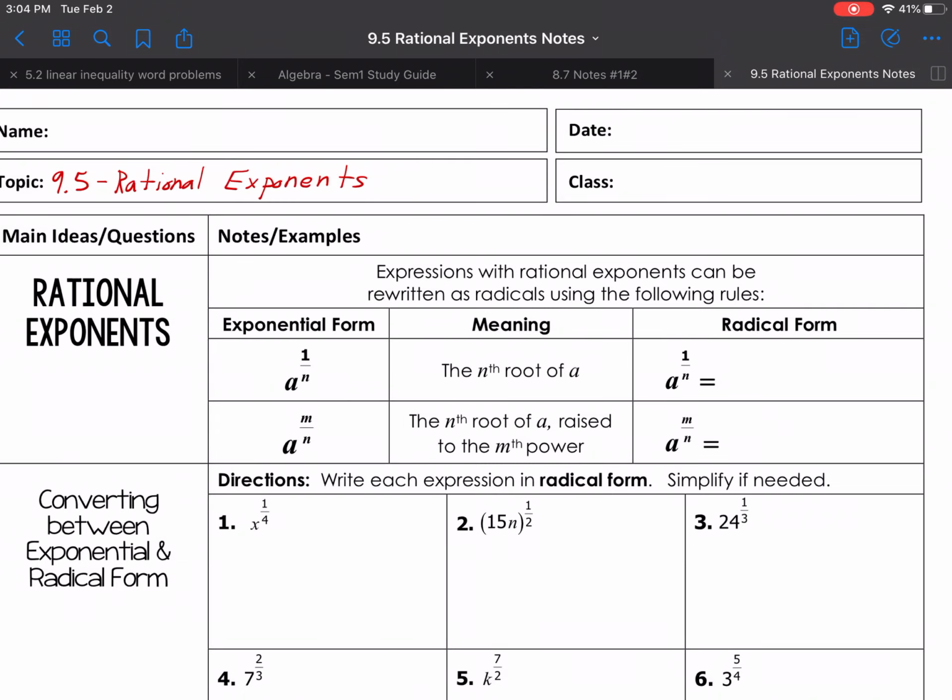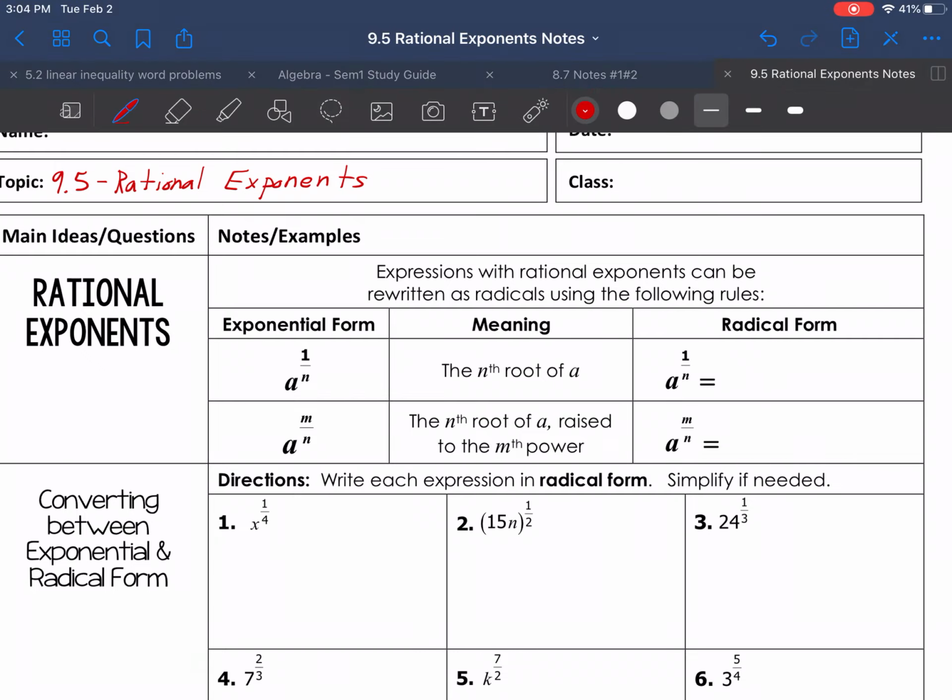Hey you guys, so we're looking at 9.5 today, and that's working with rational exponents. And just remember, rational means fraction, okay? So when we say rational exponents, we're talking about fraction exponents. What I want to show you guys to start with is just how to convert an exponent into a radical,